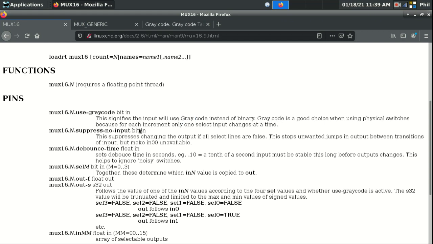So what that means is that as you increment through your switch, instead of it working in the fashion of the MUX 4 or the MUX 8, where you have 0, 0, 1, 0, 0, 1, 1, 1, and then you have to enable the next bit, the third bit, and then you have 1, 0, 0, 1, 0, 1, 1, 1, 1. Instead of doing it that way, if we look at this gray code table,